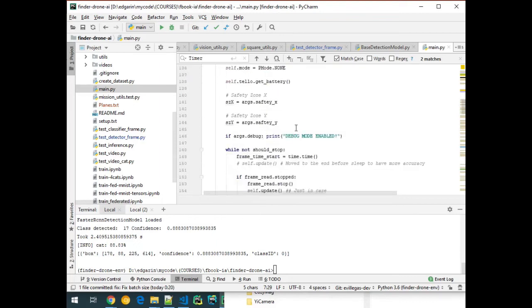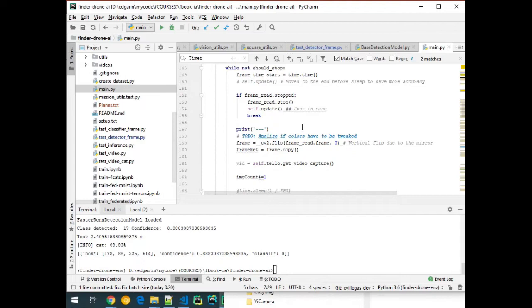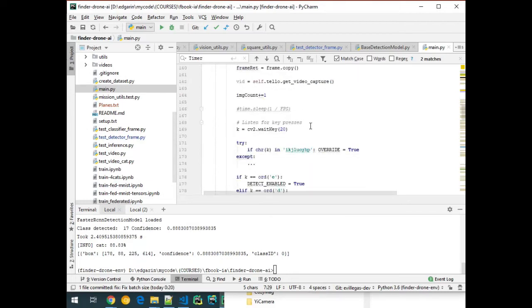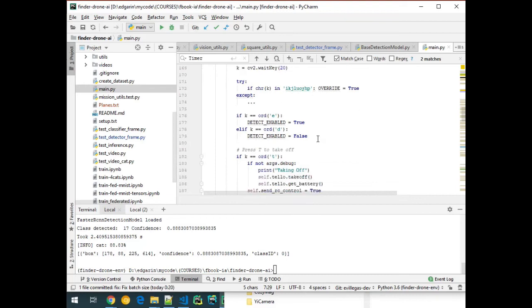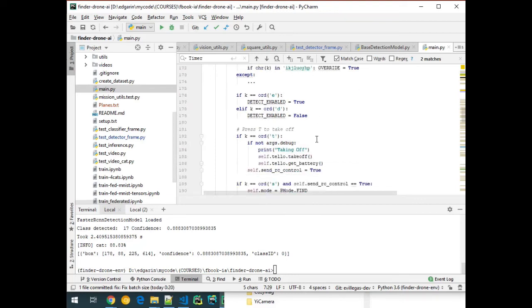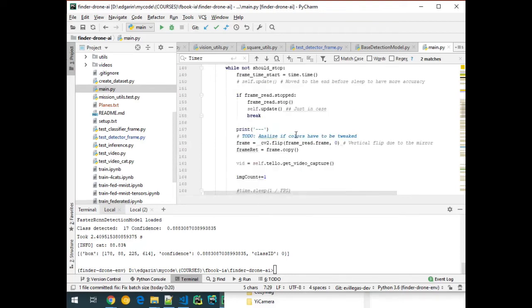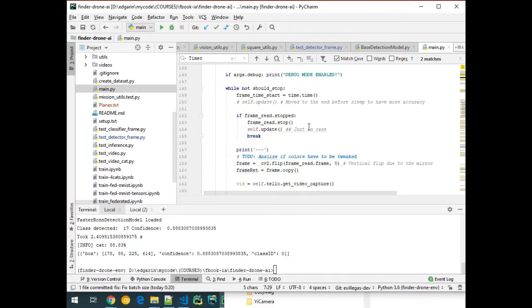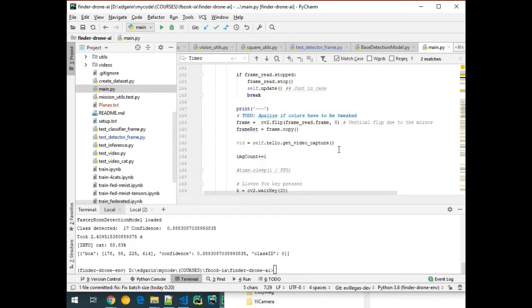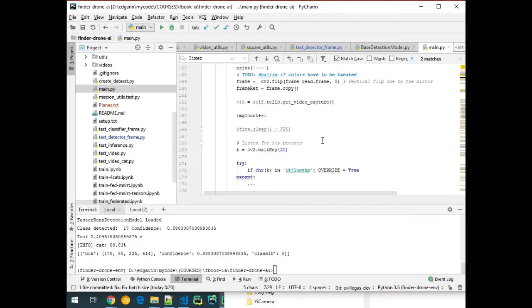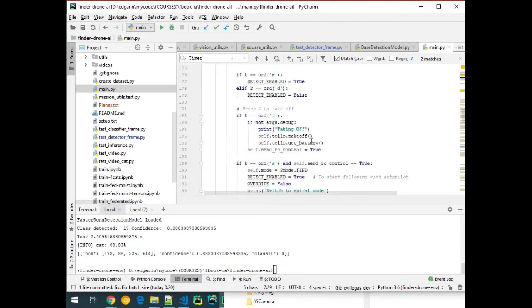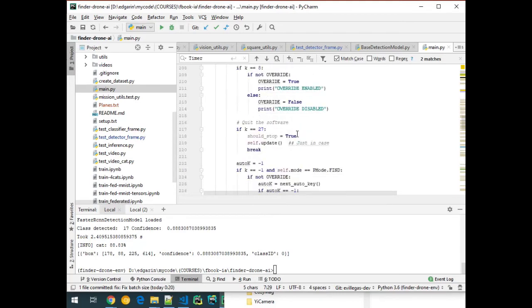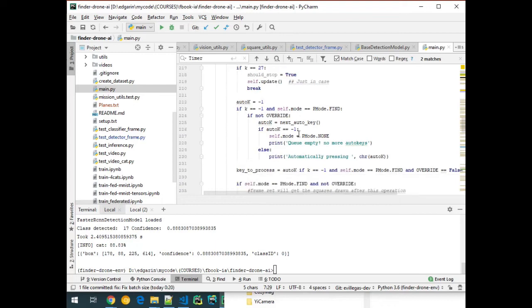Okay, and we also have some manual controllers, just in case, so that we can control the drone manually if there's an override flag turned on, and you will see it on the screen when it's on manual control. Okay, and it's the keys. And when I'm in autopilot, which is the default mode,